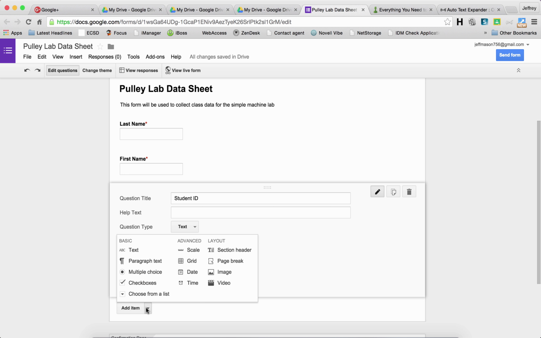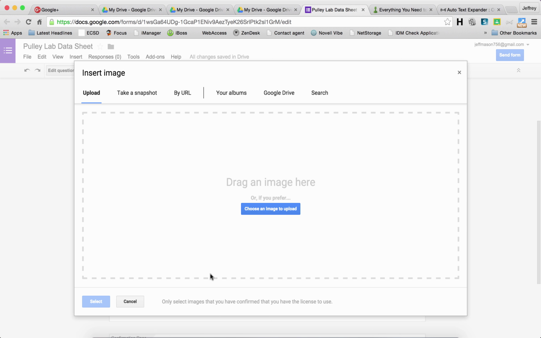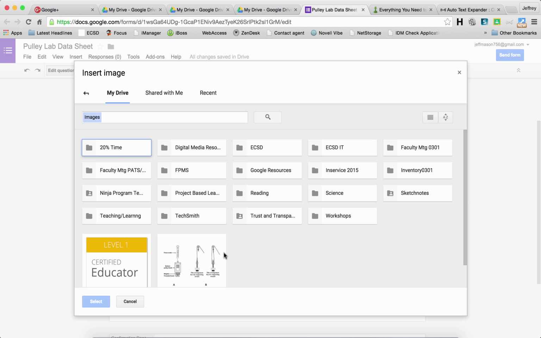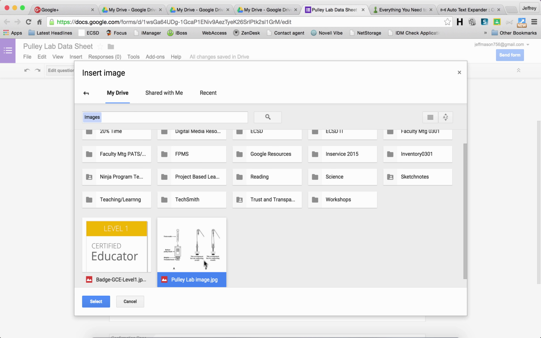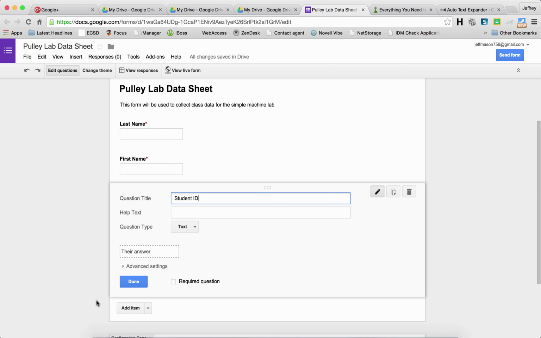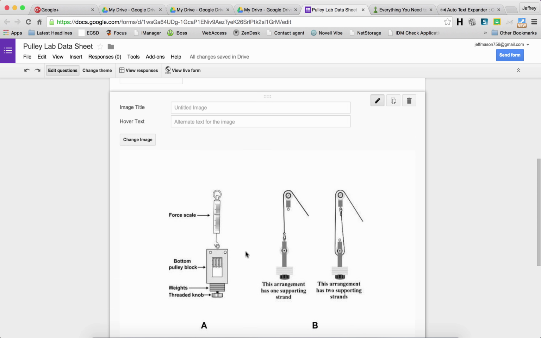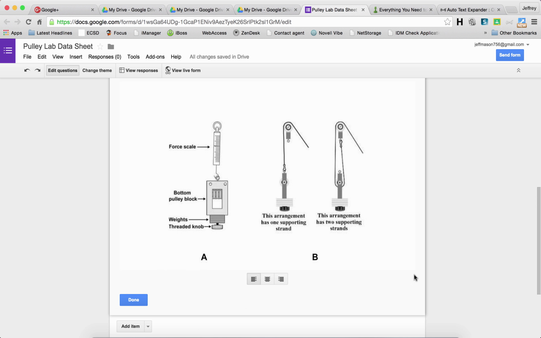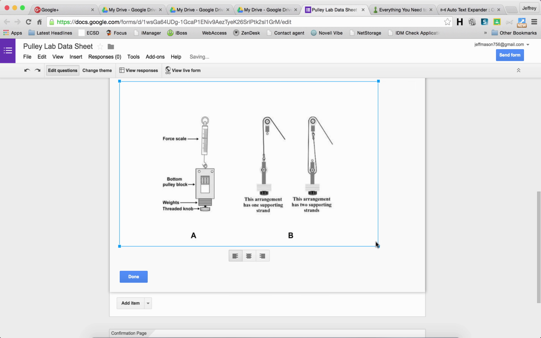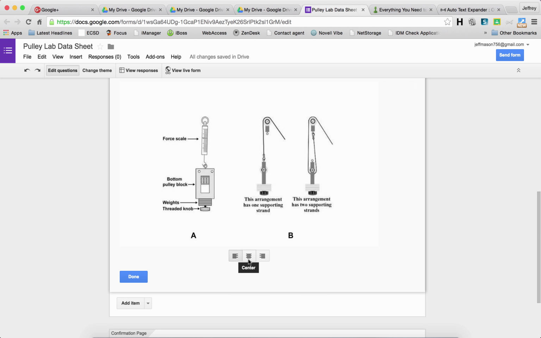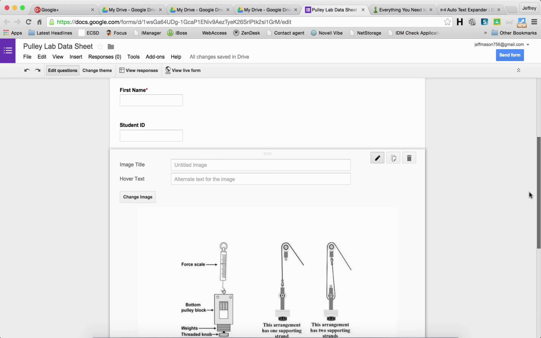So if you click on the Add Item, you can add an image to the lab sheet. I've got an image in my Google Drive that I think I want to use. We're going to do a lab dealing with the mechanical advantage of some aspect of pulleys. So notice we've got our last name, first name, student ID, and then we've added an item called the image, and we're going to size it just a bit to be quite that large, and we'll go ahead and center it on the page,